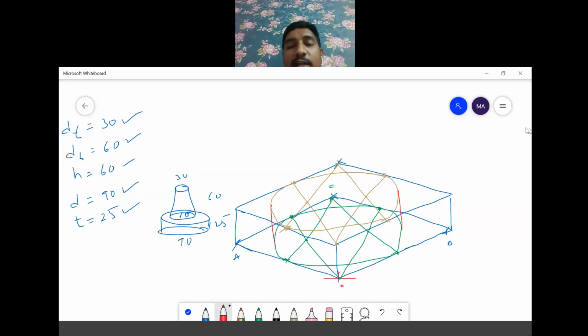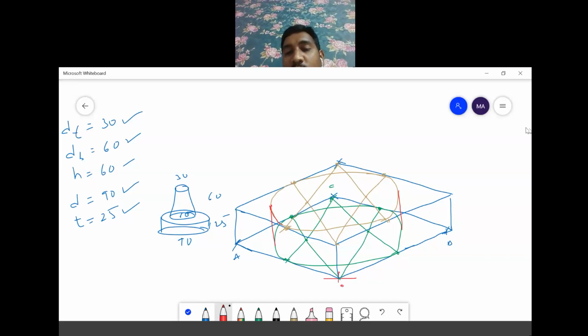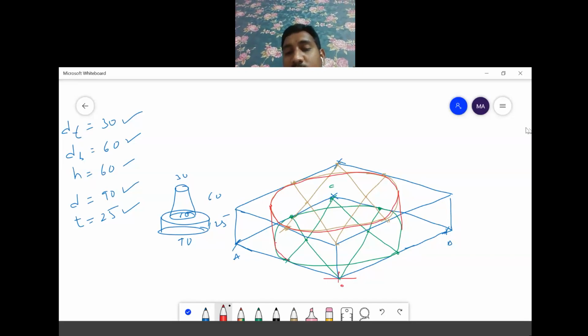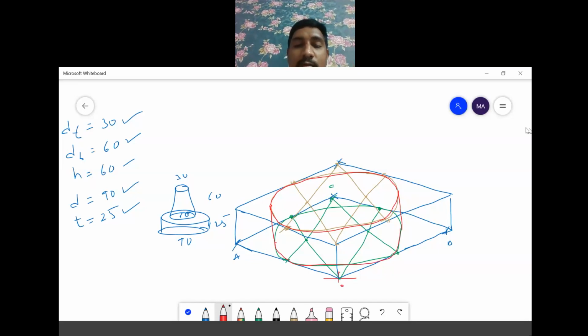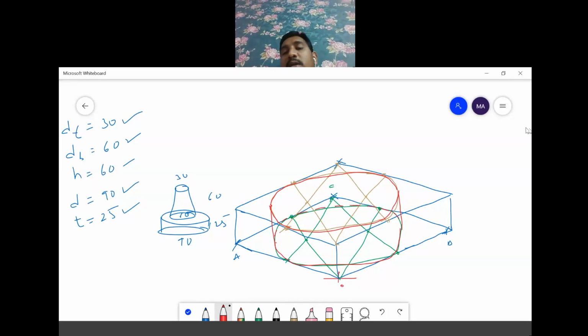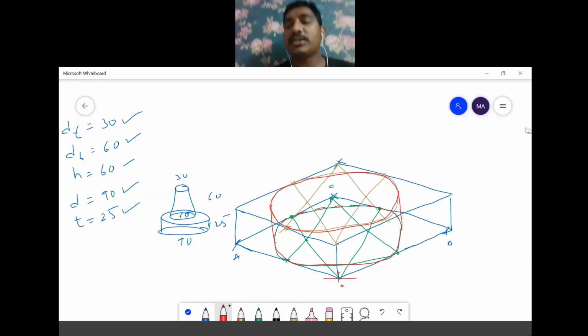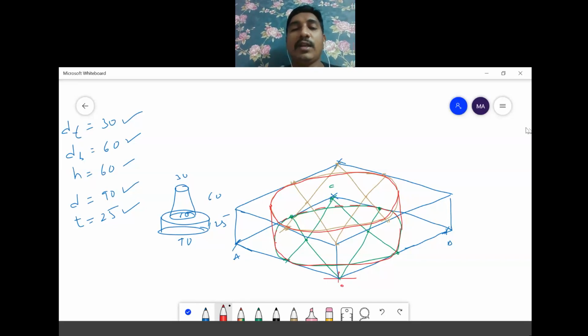When you draw the cylinder, see here, whatever I am drawing with red should be dark. These are all dotted lines. This is a hidden part, so it should be dotted. The red color thing which I have drawn should be dark. The remaining lines should be very light. Those are all construction lines, and construction lines should be very light.